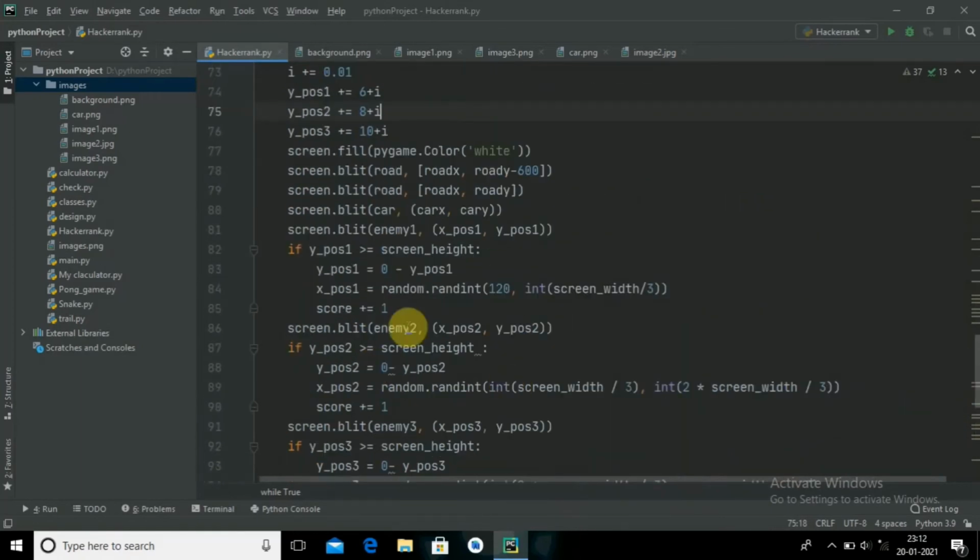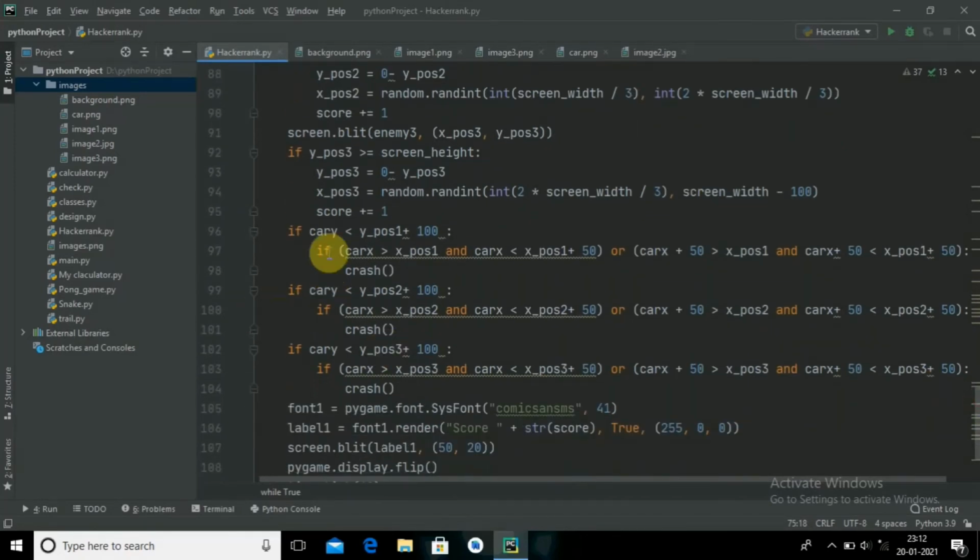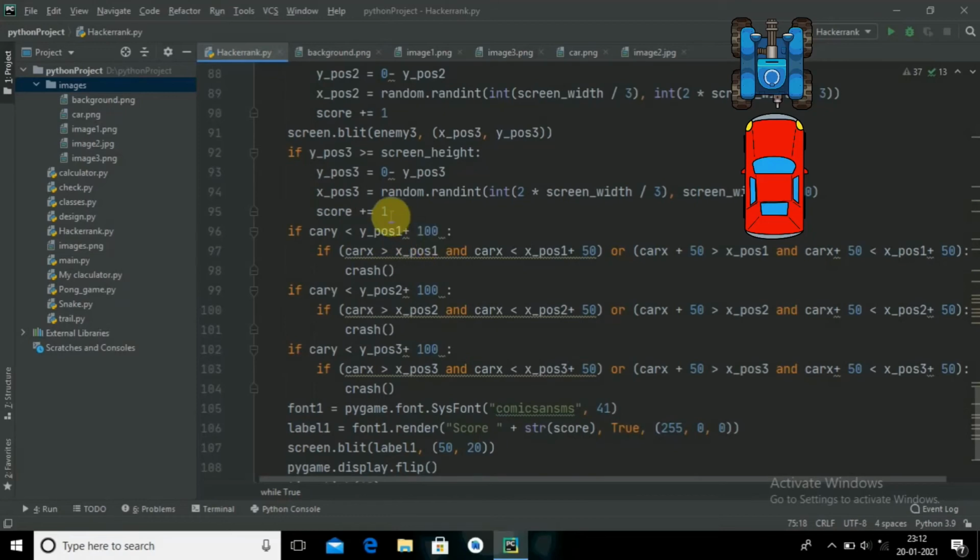Then I have used the condition for when they crash. Here you can see if the car y is less than the position 1 plus 100. Here this is my height, sorry, not width, and in the same position we have taken another condition, because here I am using the surface.